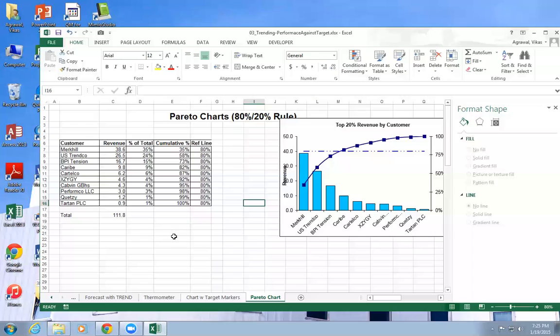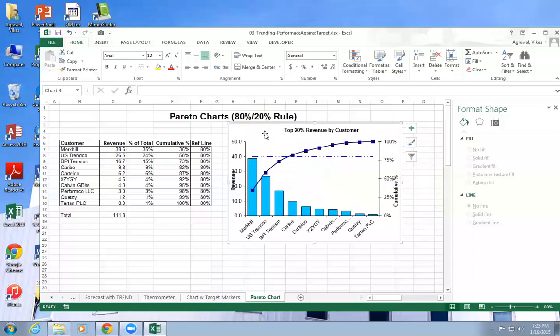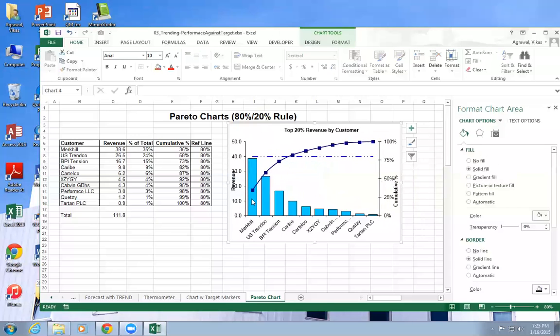Does that make sense to you? So you want to find out what are those important 20%, and the Pareto chart kind of helps you with that. Does that make sense to you? For example, here, if I look at this chart, I know this particular product is making these four people. They are the ones who are bringing almost 80% of the revenues. Are you guys with me? Rest of them are not bringing it.